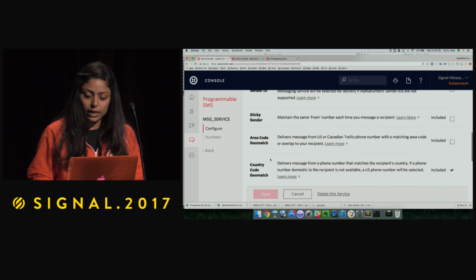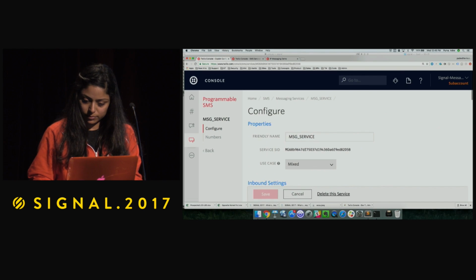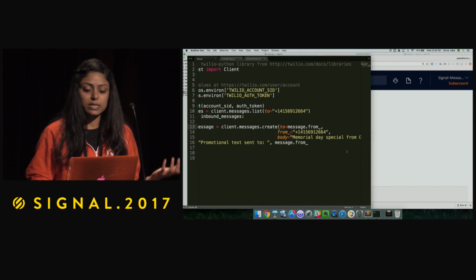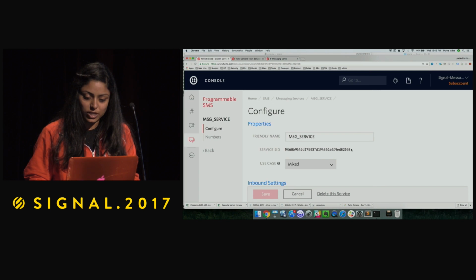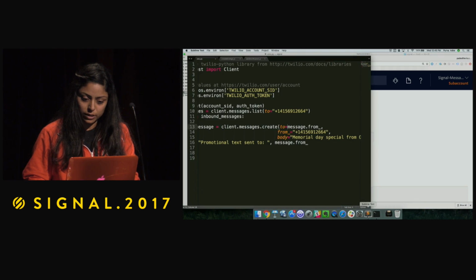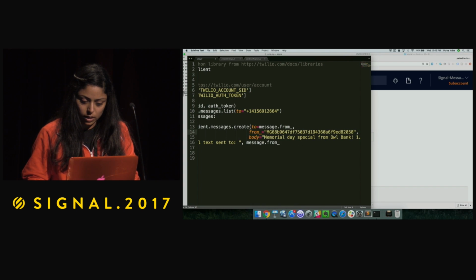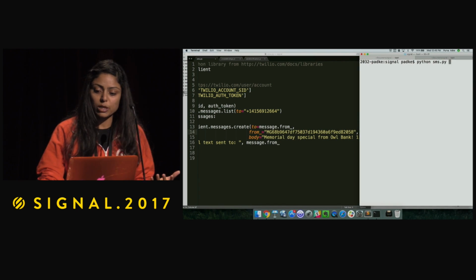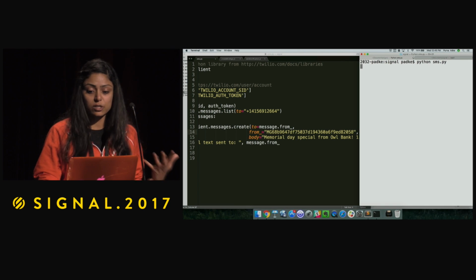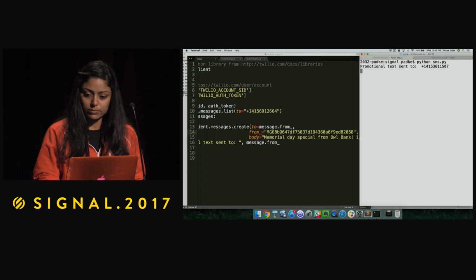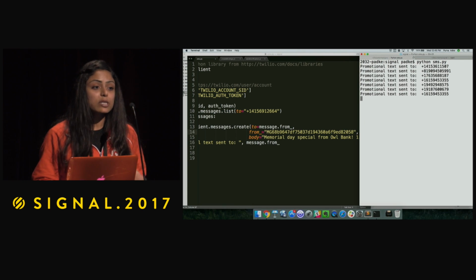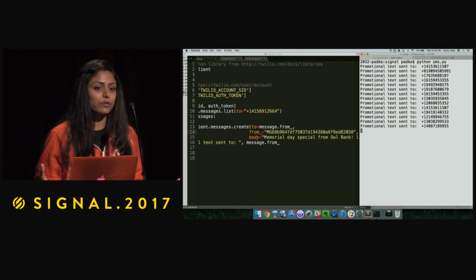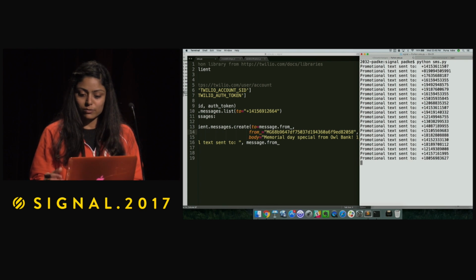So let's just go ahead and use this Copilot service in our code. In this case, I'm going to use the exact same demo. The only thing that changes is the from parameter. So I'm going to grab the Copilot identifier from here, and then plug it right into my code. And hit save, and when I run this, you should now be able to see these messages come at a faster rate. There you go. So this is going to enable me to scale sending outbound text messages to all of you at a much faster rate. There you go, sending one at a time.